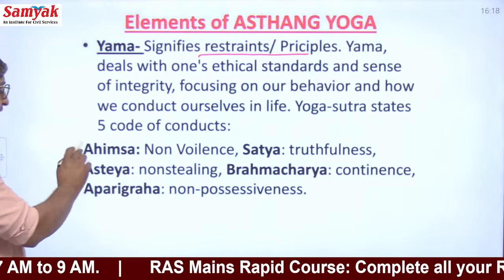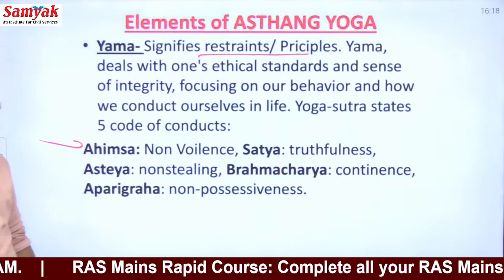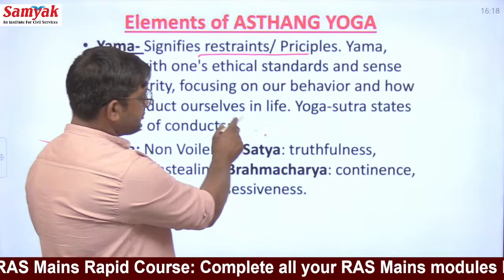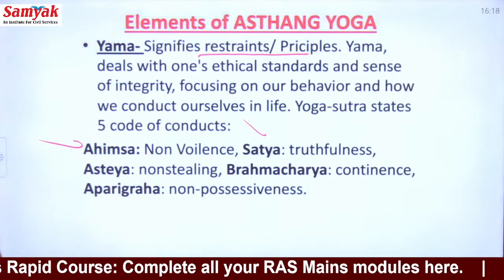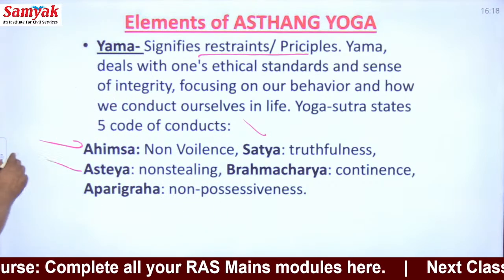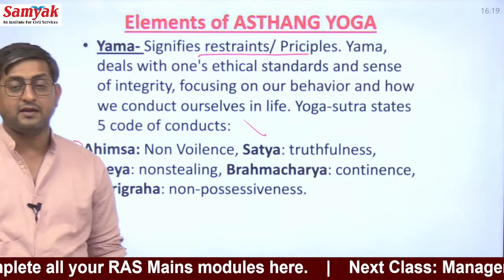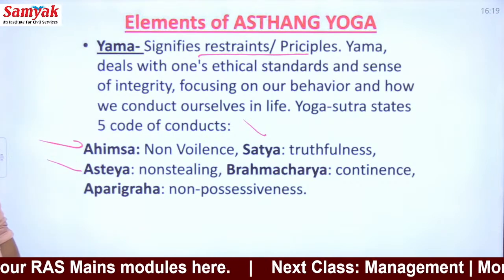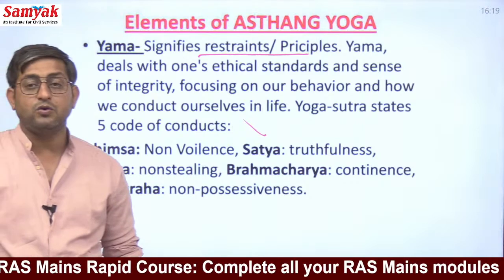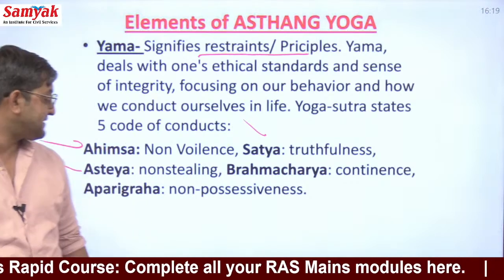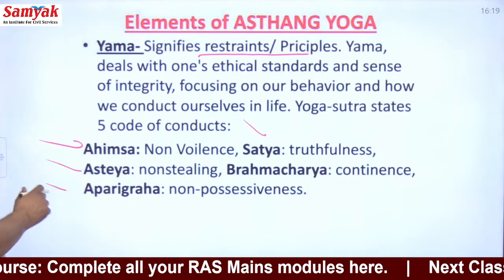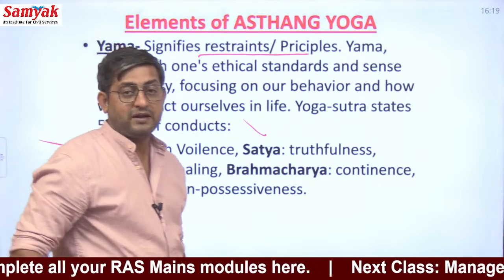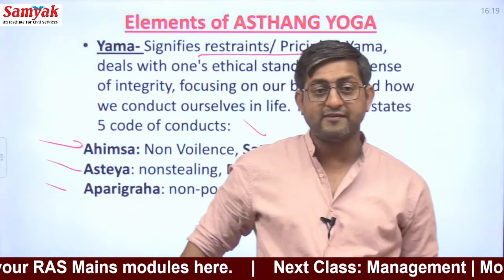First is ahimsa, so you need to follow the principle of non-violence. Second is satya, that is truthfulness, so you need to follow the principle of truthfulness. Asteya, that means non-stealing, you will not steal anything. Brahmacharya, continence, you will have to control your sexual senses basically. And aparigraha means non-possessiveness, you will not be materialistic in nature, or we can say in simple words,